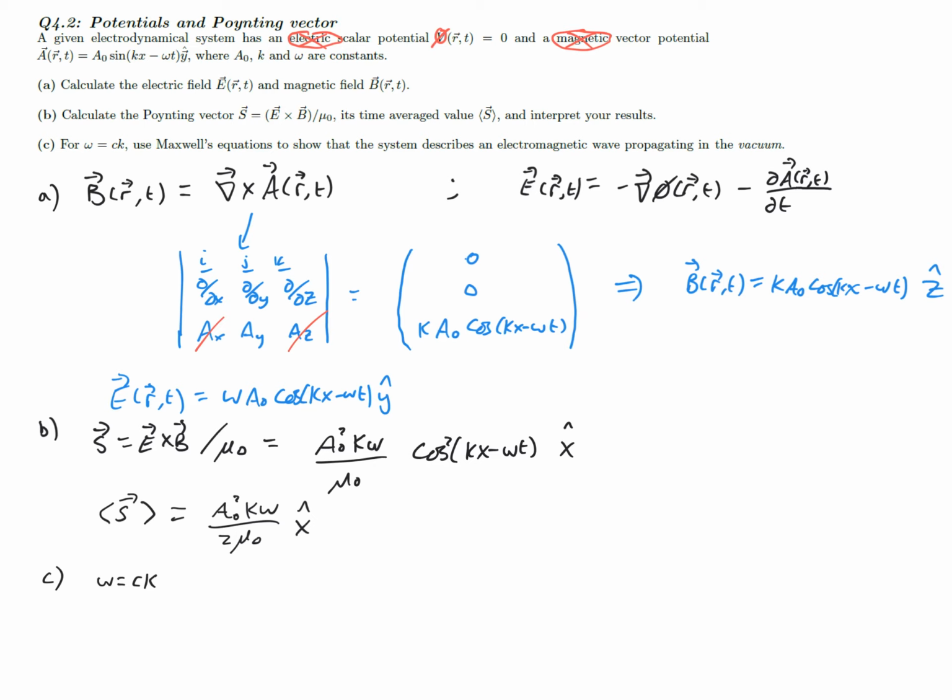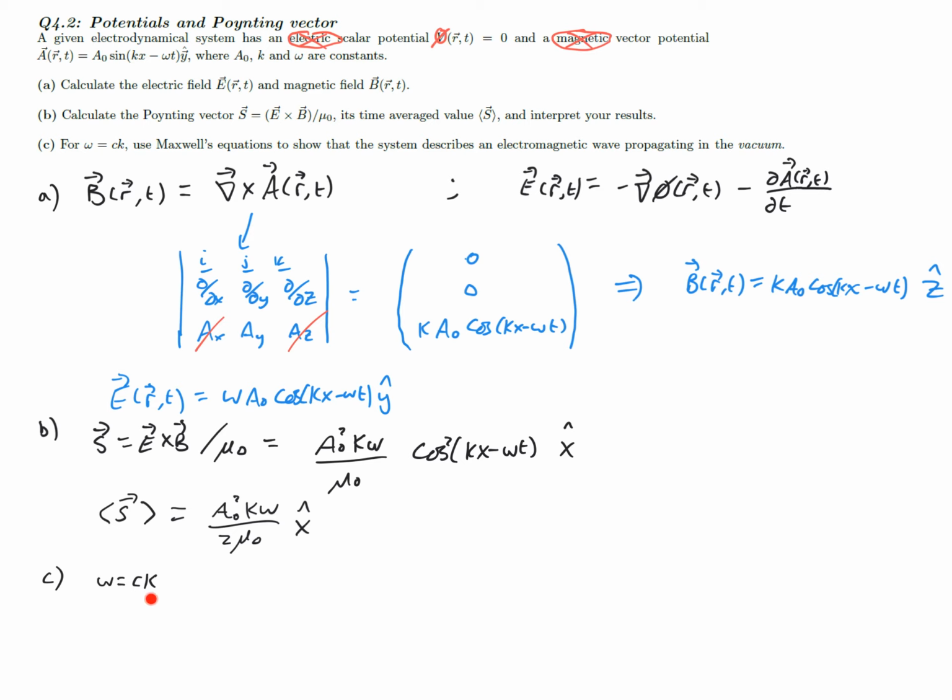So the important word here is that it's propagating in the vacuum. What that means is there's no charges or currents anywhere around. Okay, so also we confirm that this is indeed an electromagnetic wave with omega equals ck because we can plug